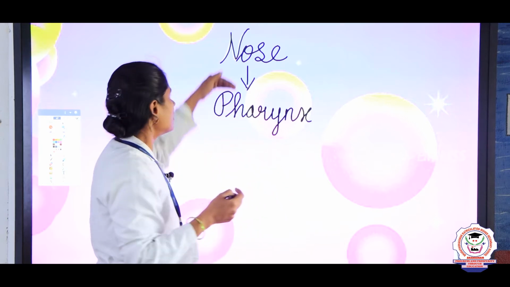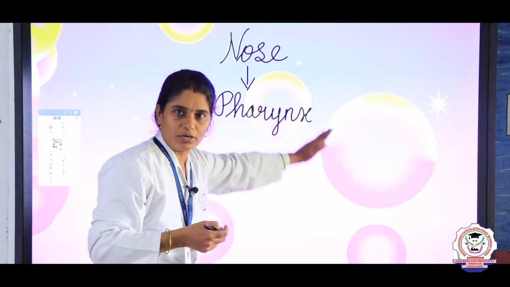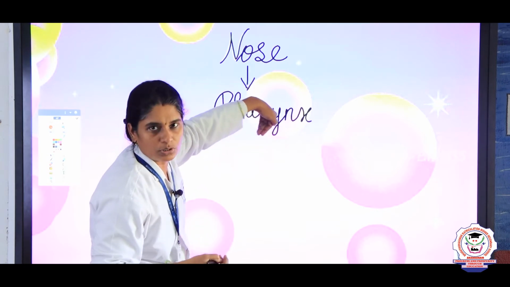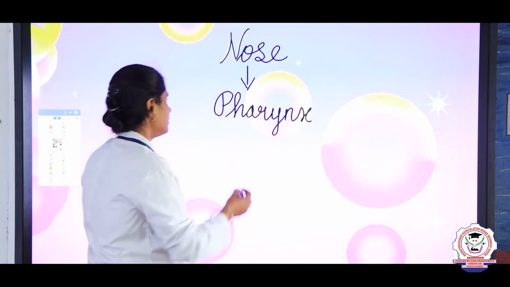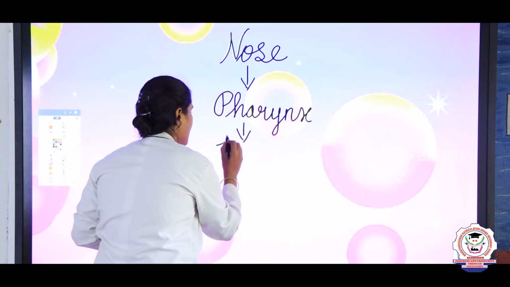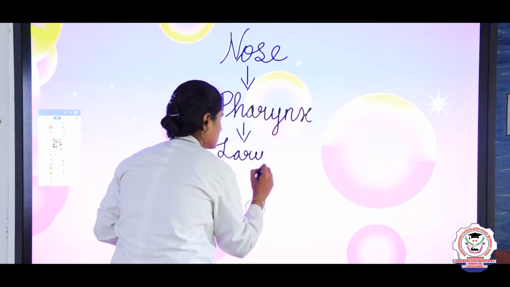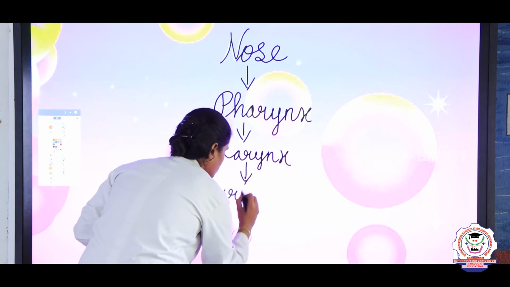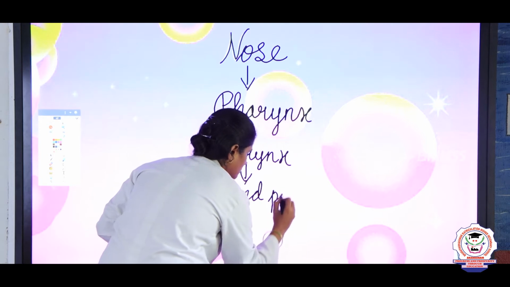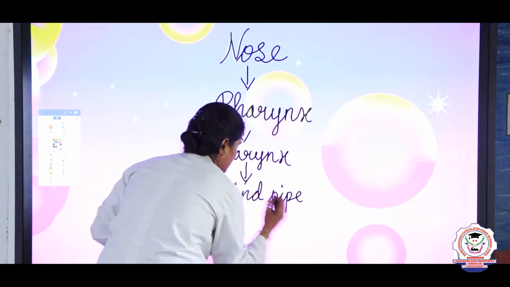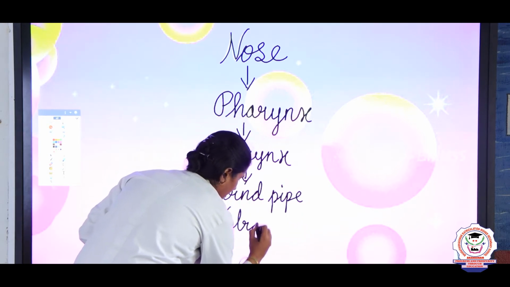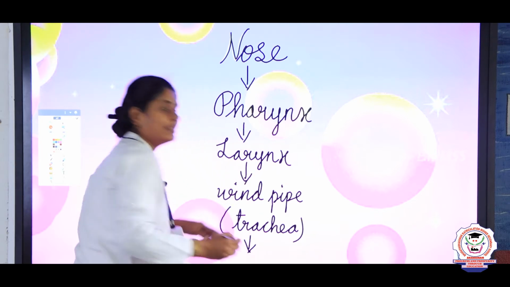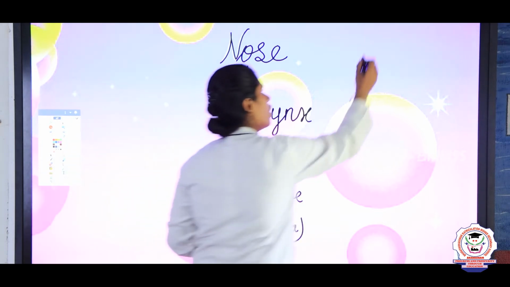Okay. So, when the air is entering, the food pipe will close, and when you are eating food, the windpipe will close. Okay. So, after the pharynx the air enters into the larynx, and after the larynx the air enters into the windpipe, which is known as trachea, right. So, from the trachea the air enters into the bronchi,